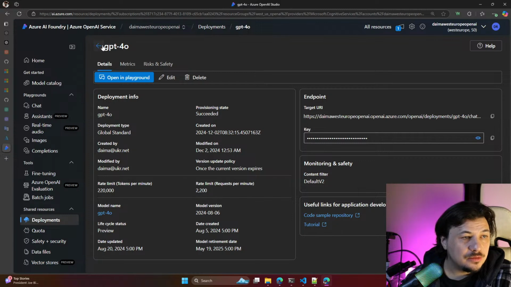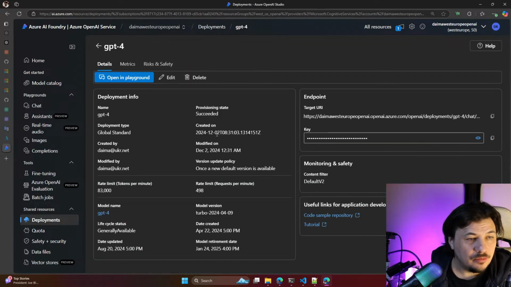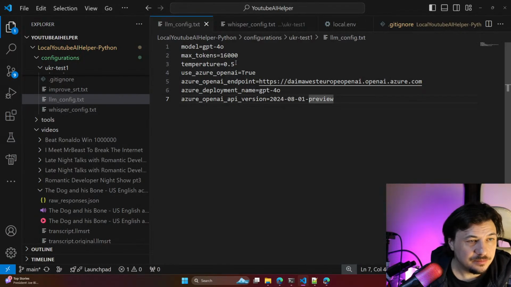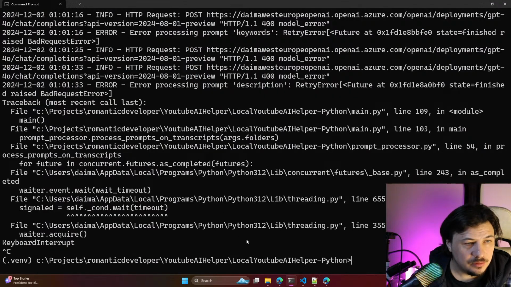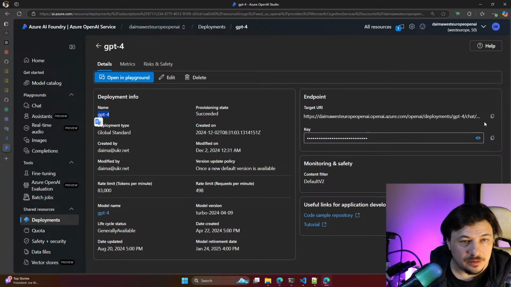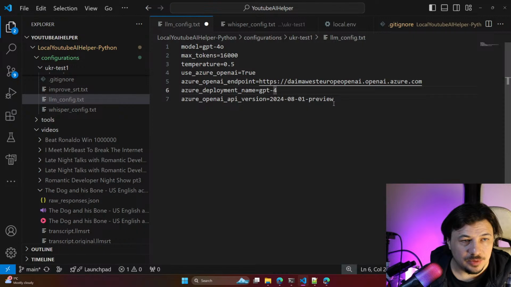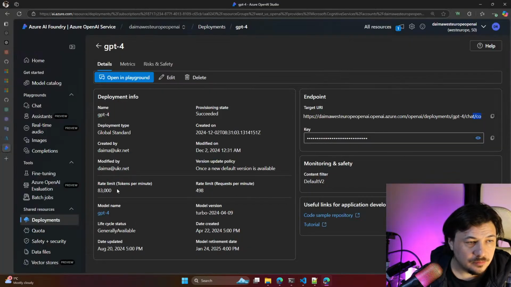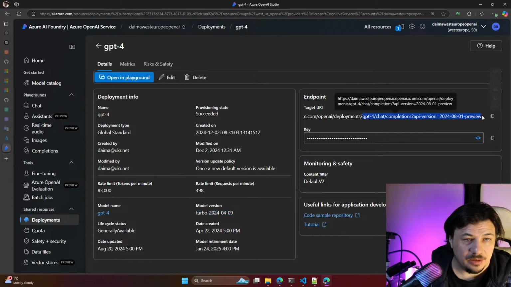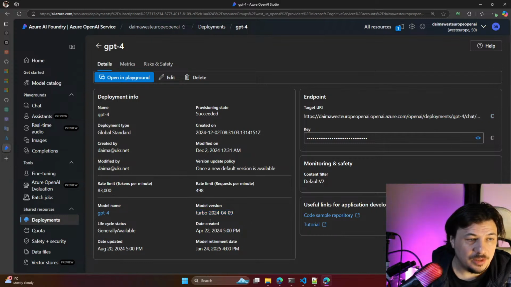Maybe we can use one of our GPT-4 deployments. Let's just test it. So that would be GPT-4, and it would be the same 0801 preview. Rate limit should be completely sufficient for us. It has model version turbo, but here we don't have that API version.